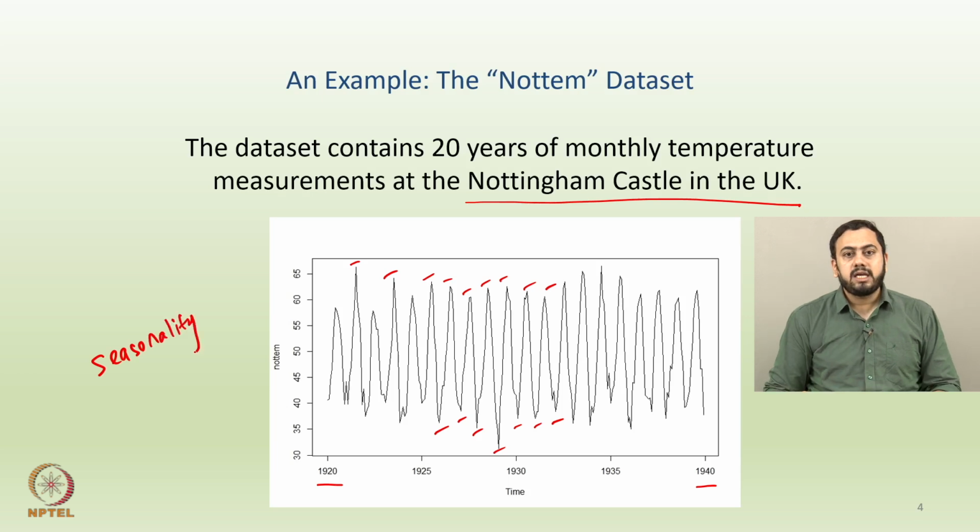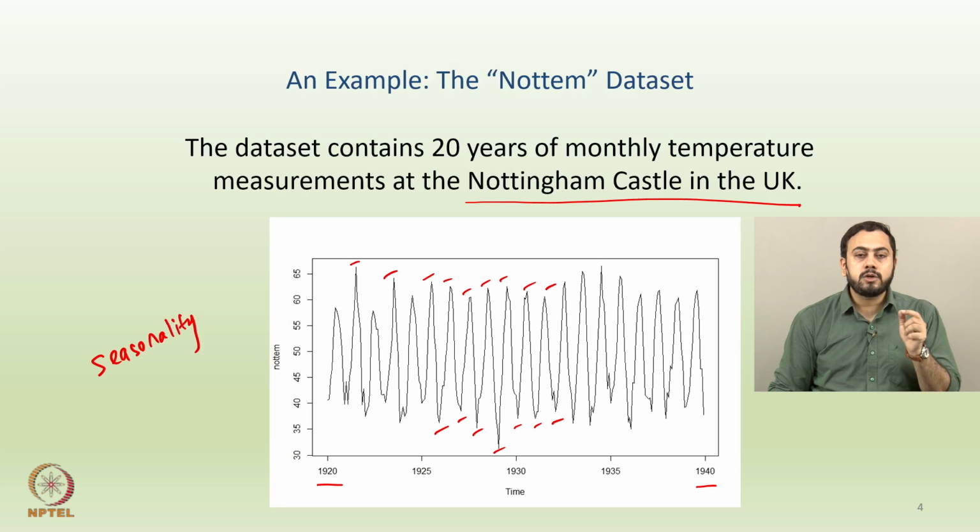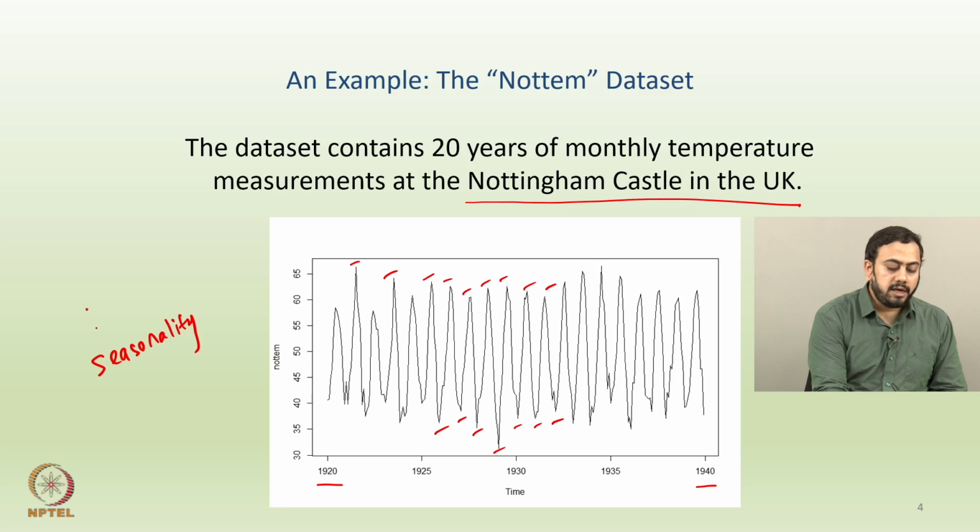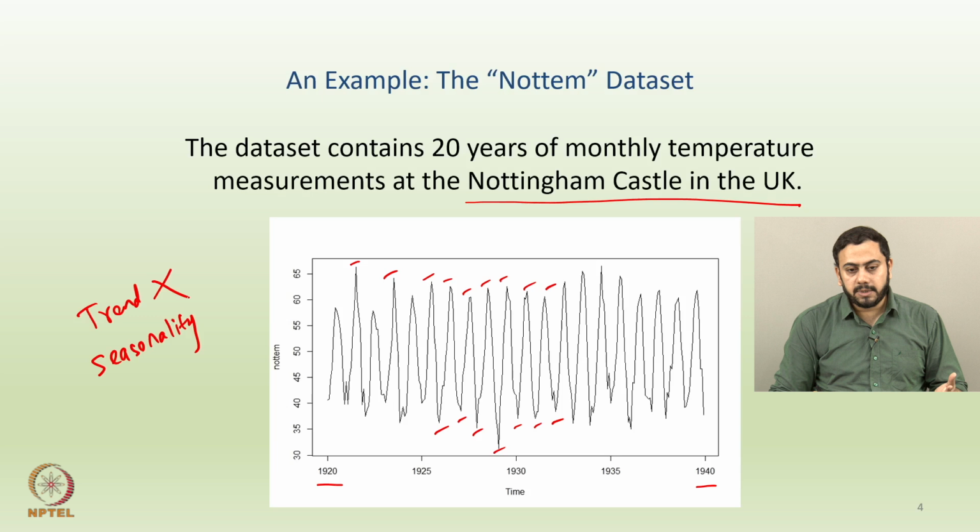In a way, a time series decomposition exercise also tells the experimenter which component is dominant in that time series, right. So, I will ask you a very simple question. Do you see any trend here? The answer is no, right. You only see repetitions. The data is not moving either upwards or downwards substantially, right. So, if you talk about trend being present, the answer is no. I will write down a cross. But is there seasonality present? The answer is yes. Okay. So, which component dominates this time series?